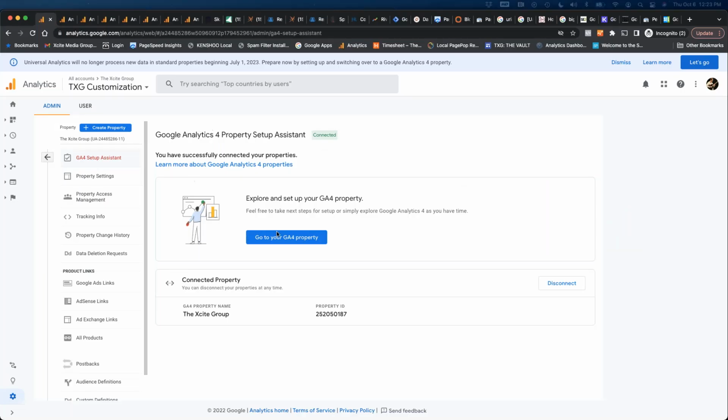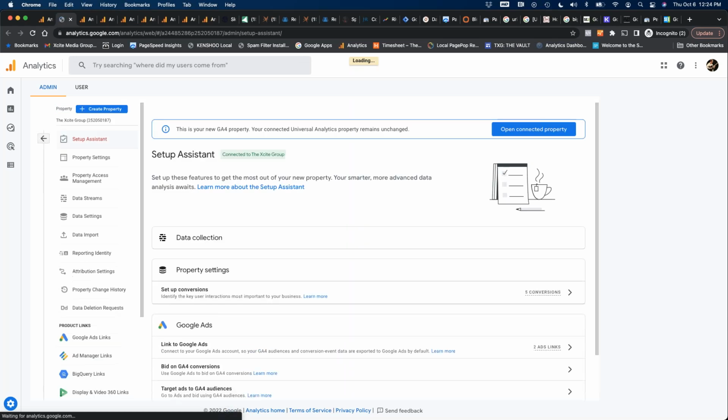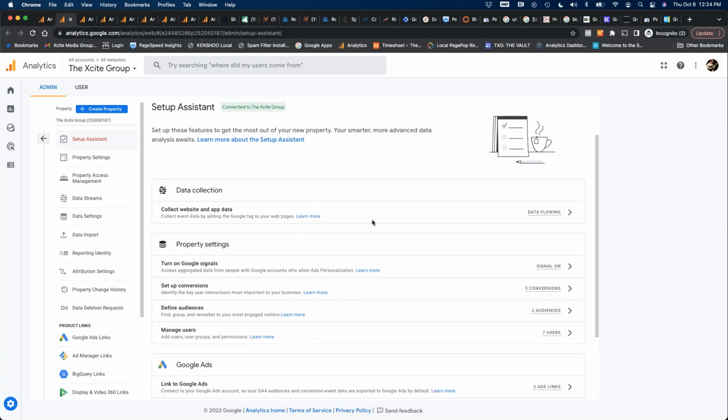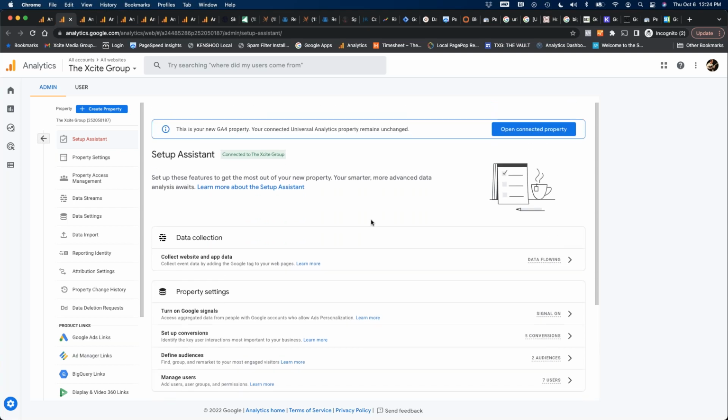When you are in your analytics account, right, you will see, and I'm going to switch screens again so we can look at mine in real time, and I'll show you how to get there. So once you've set it up, right, you can click this, go to your G4 property. And what you will see on here is we want to see our measurement ID. So yours will not look like mine because I've already set it up, but right here,